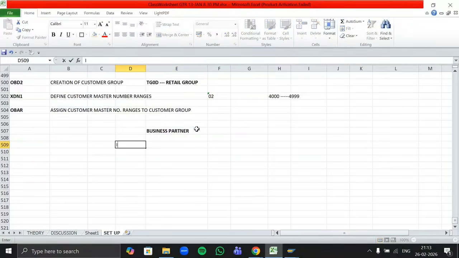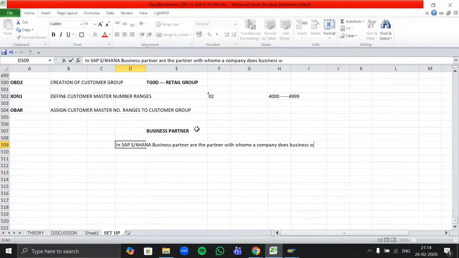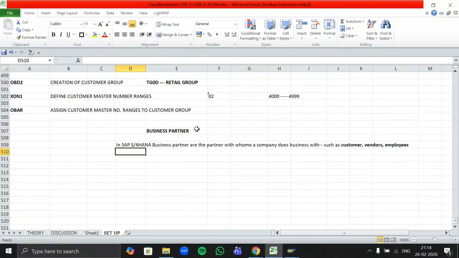So first of all, in SAP S/4HANA especially, business partners such as our customers, vendors, employees, all these are known as business partners in SAP, not our investors.